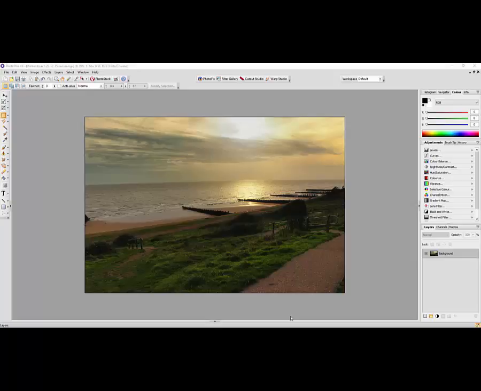Software. Now in this tutorial I want to look at adding fog or mist to an image, which can be done using a plugin, but I'm going to briefly look at that, but mainly I want to look at trying to recreate what the plugin has done for those of you that do not have the plugin. I'm using this fairly bright image here so that it will hopefully make the fog or mist stand out better